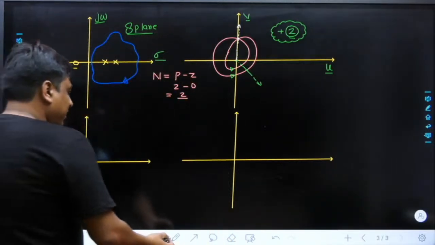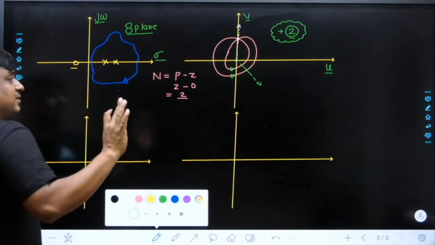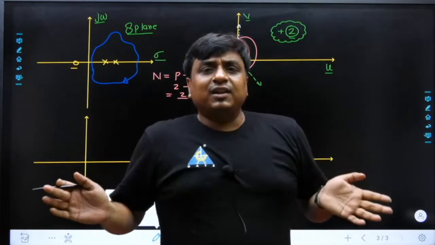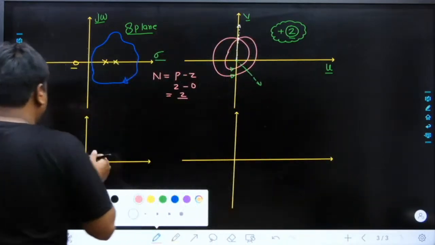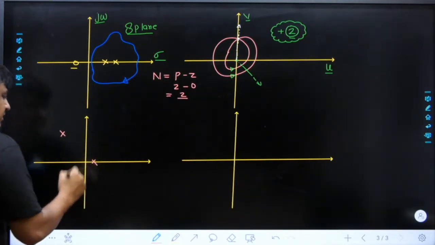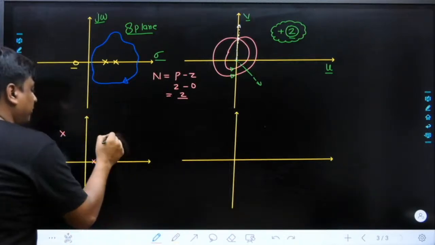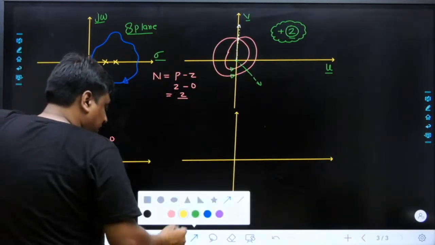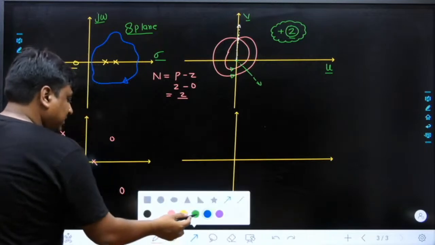Agreed? In the same sequence, let me take another scenario. We have a system GSHS. Maybe it has 3 poles and similarly 2 zeros. Let's take the 3 poles we have and similarly 2 zeros. Let's take the zeros in the form of complex conjugates. 2 zeros we have. And we have selected a closed contour such that it is encircling